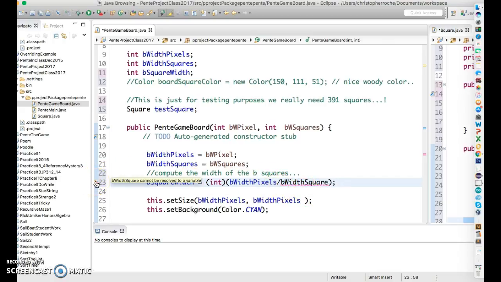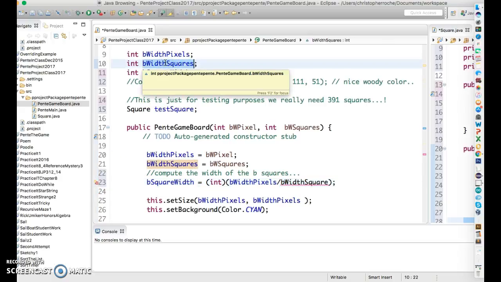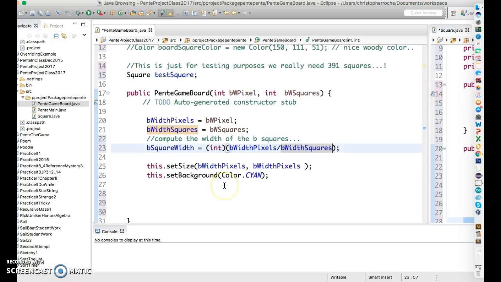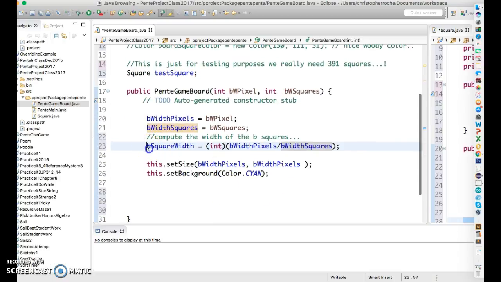Let's see. Oh, this is the wrong variable. Okay, that takes care of that. So now we know the width of the square. We just need a location for the test square. I'm going to go test square